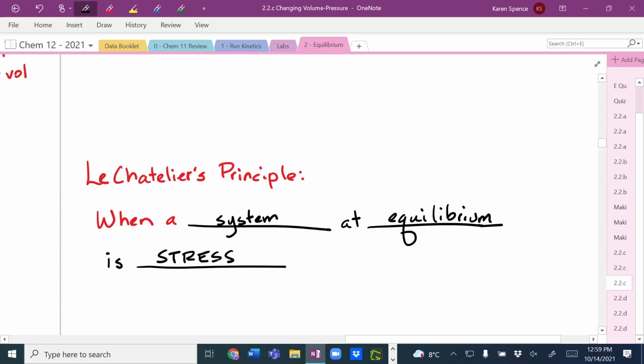No, no, no. You can think that in your head, but don't write that on the paper. Okay, so when a system at equilibrium is stressed,